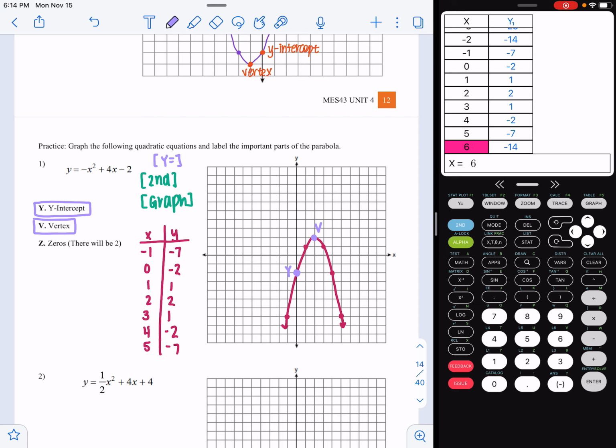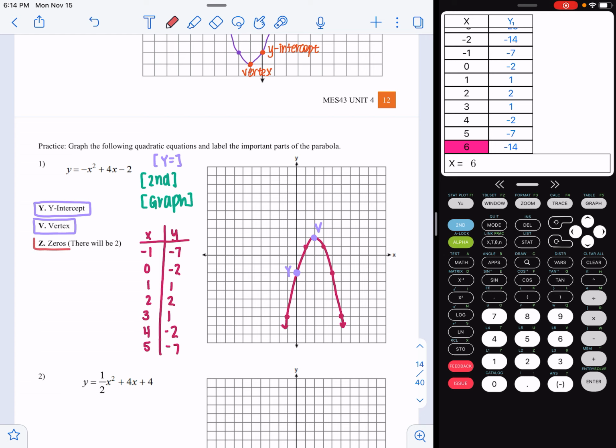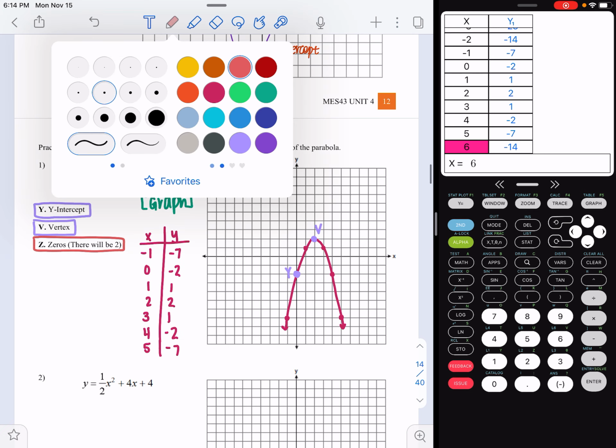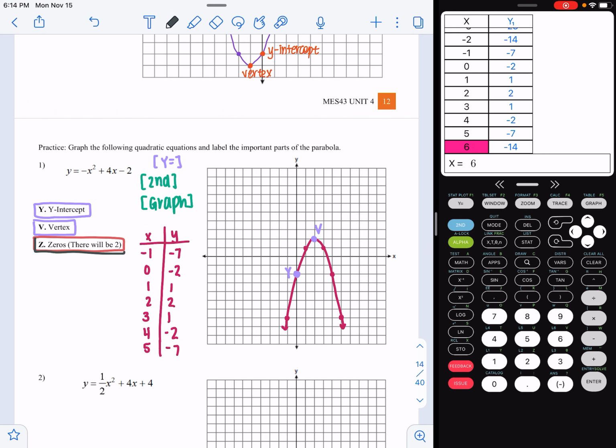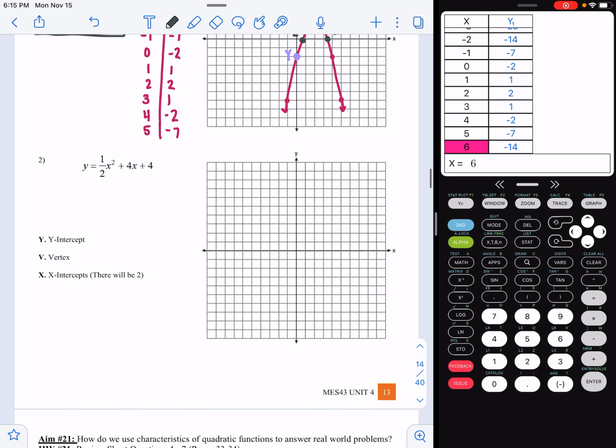And then our zeros, there's going to be 2 of them. Let me do that in a different color. And we want to label that with a Z or 2 Z's. And our zeros are where we cross the x-axis. That color wasn't dark enough. So right here. They're hard to read on the graph. That's okay. All we're doing is we are locating them. I'm not giving the actual point. Alright, go ahead and take a minute, see if you can do this one, pause the video, otherwise I am